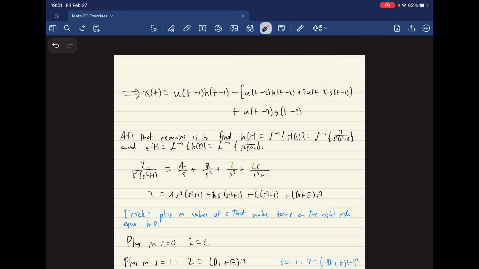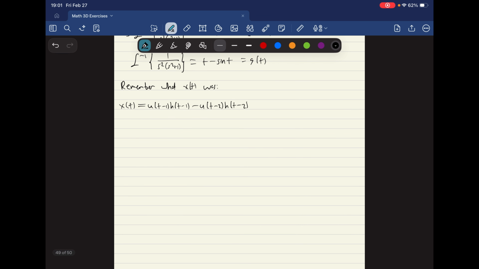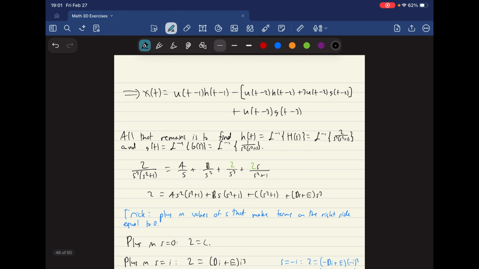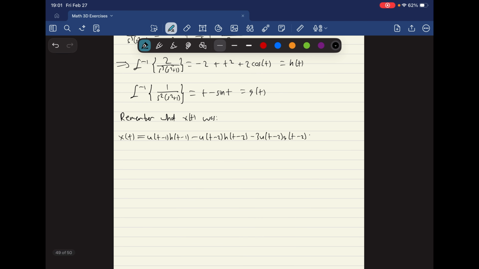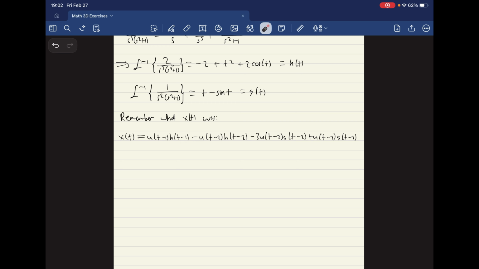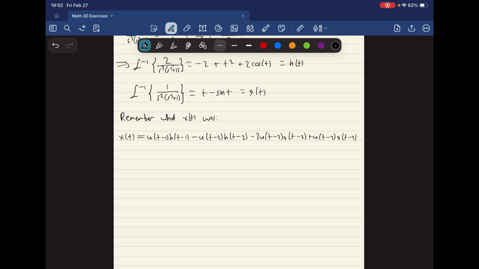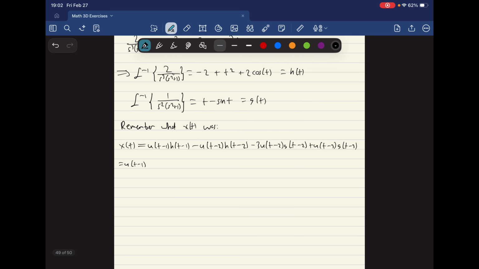So here I'm distributing this minus over into the inside. Minus 3 u of t minus 2, g of t minus 2. And then finally, plus u of t minus 3, g of t minus 3. And we just need to plug in t minus 1 wherever it occurs for our h or our g and so on. And this, finally, it's going to be a bit lengthy, is going to give me